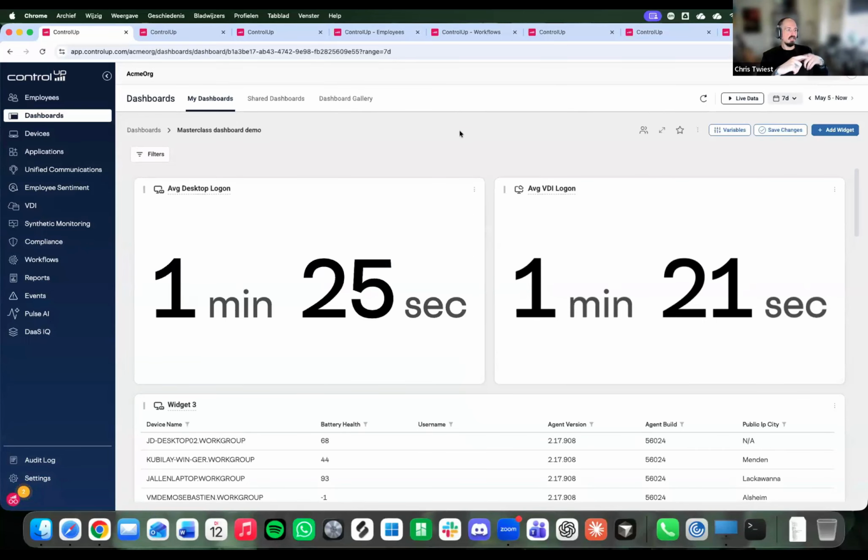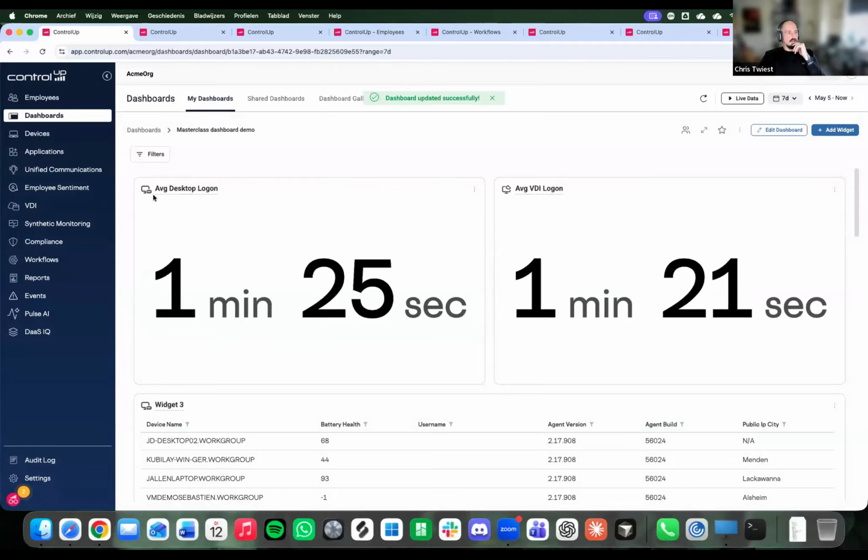If you use DAS IQ for managing your AVD environment, you will have AVD metrics on this too. Of course, you can install the VDI agent or the desktop agent on any device that you want and add that here too. One good thing, by the way, to differentiate these two widgets, you can see we have added product